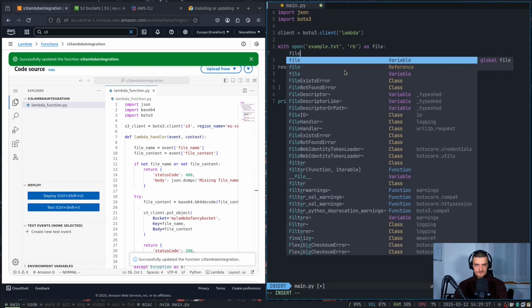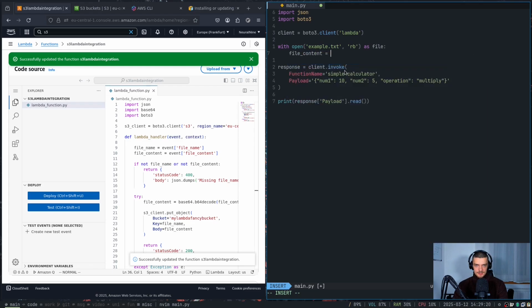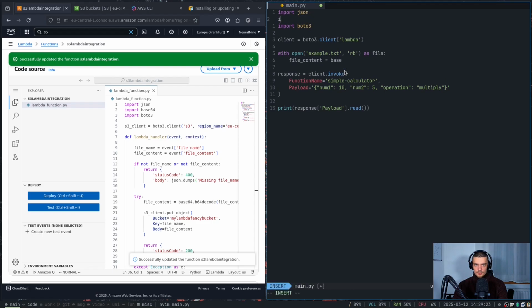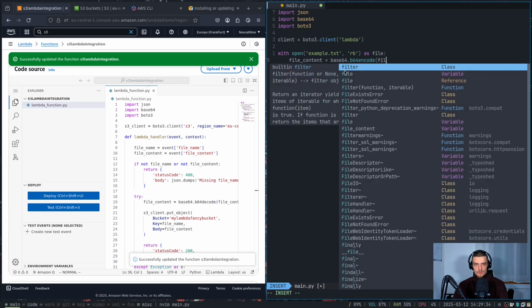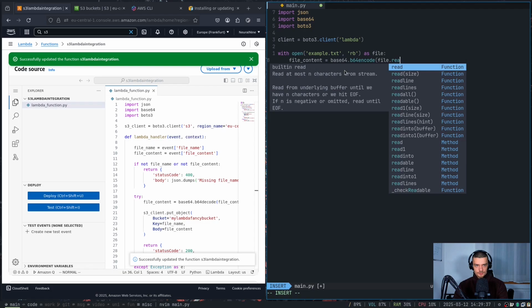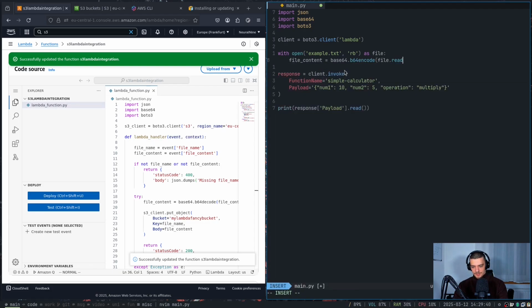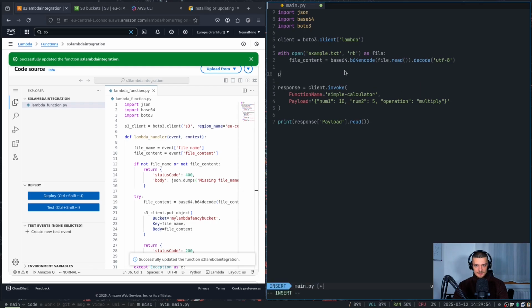What I want to do is I want to say file content is equal to base... Now we need to import this as well here. Import base64. This time we're not going to decode, but to encode. So we're going to say base64.b64encode, and we want to encode the file content, or actually file.read is the file content. So file.read, we're going to encode that, and we want to decode that to UTF-8. That is the file content, and then we can just say payload is equal to